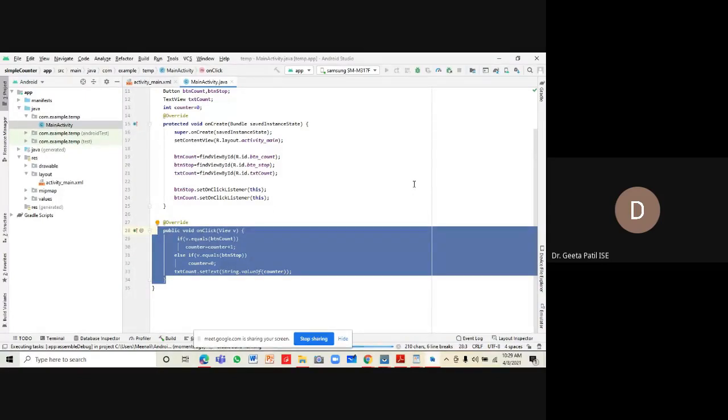Any doubts so far? Yes, the Gradle build is running.